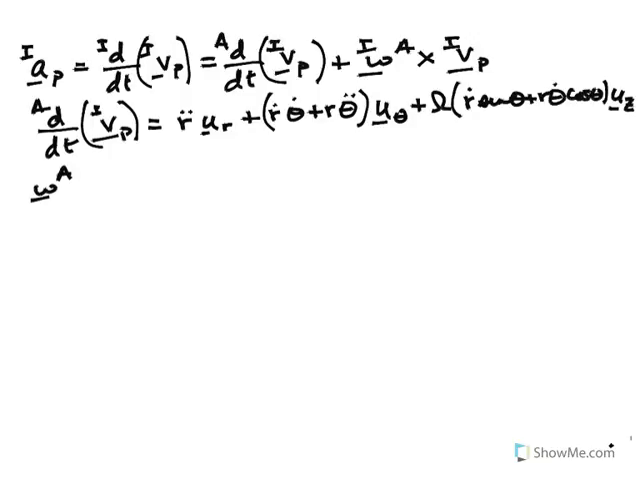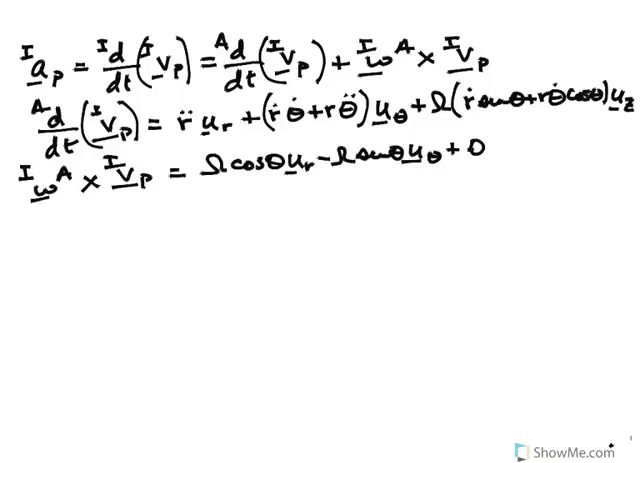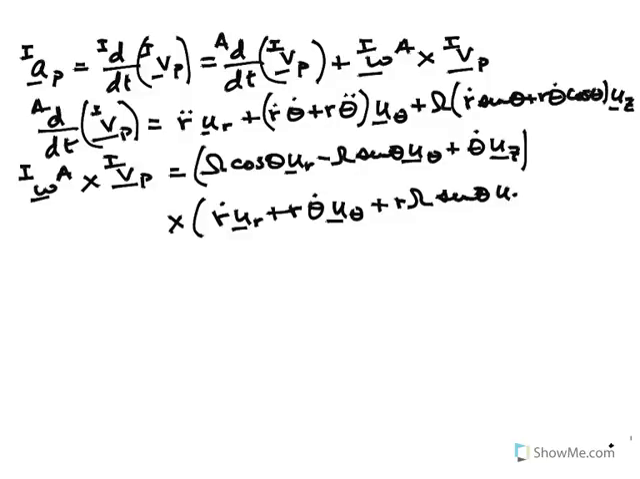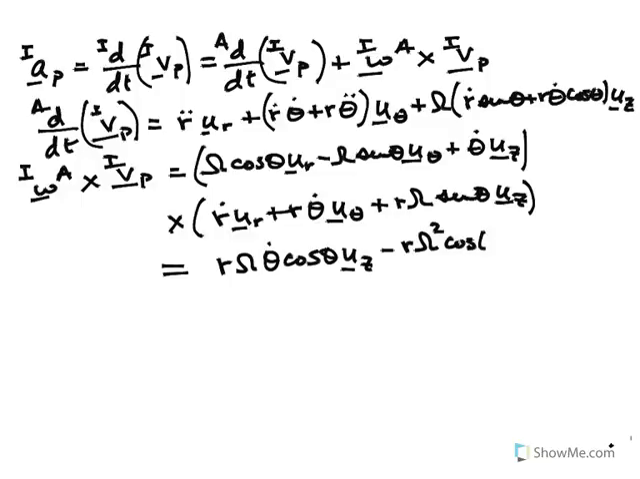And then the angular velocity of A and I crossed with the inertial velocity is equal to omega cosine theta U_R minus omega sine theta U_theta plus theta dot U_Z, crossed with R dot U_R plus R theta dot U_theta plus R omega sine theta U_Z, which is equal to, and now U_R crossed with U_theta is U_Z, so I get plus R omega theta dot cosine theta U_Z, and then U_R crossed with U_Z is minus U_theta, so I get minus R omega squared cosine theta sine theta times U_theta,